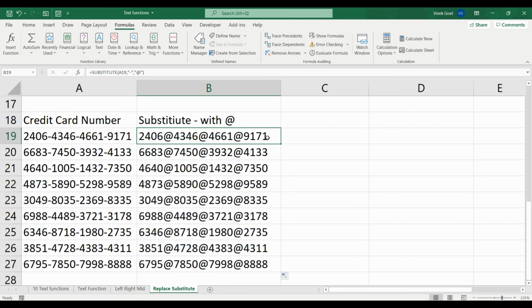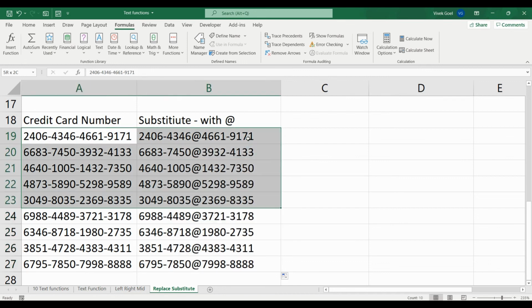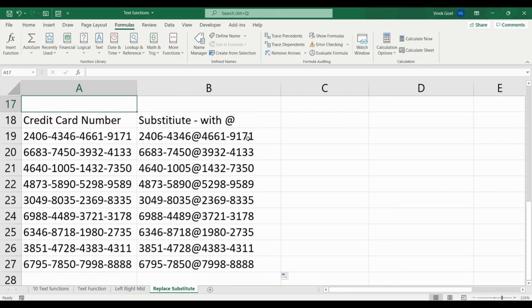But if we do not want to replace all the occurrences, instead we want to replace only a specific occurrence, we can do that using instance number. If we specify 3, it is only changing the third instance and the other 2 stay. If we choose 2, it has replaced the second occurrence. I will drop a few questions on replace and substitute so that you can practice them and get comfortable with the concepts.